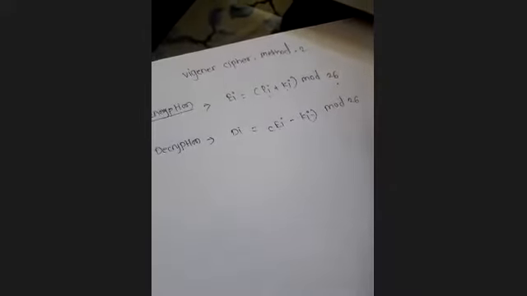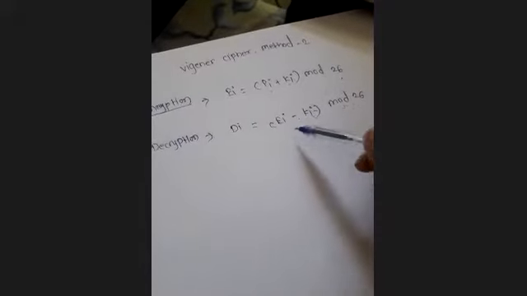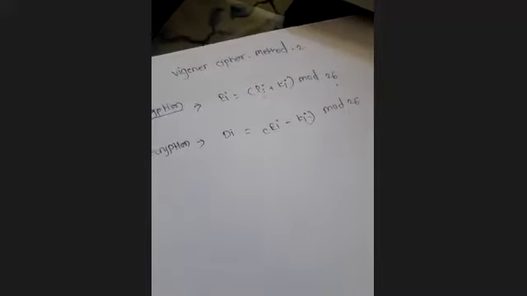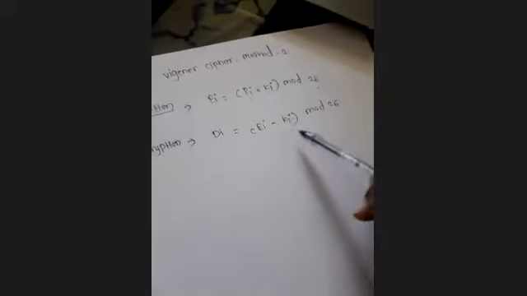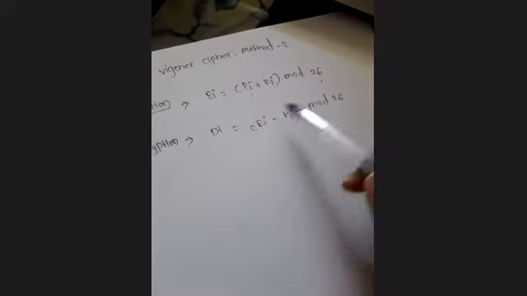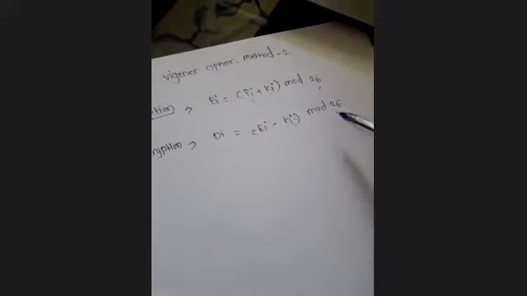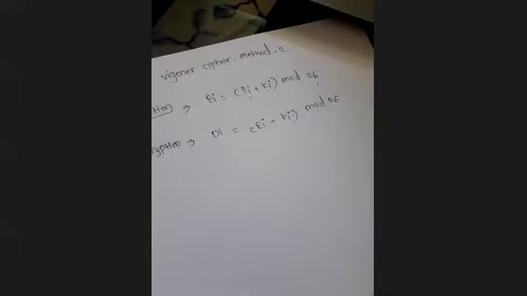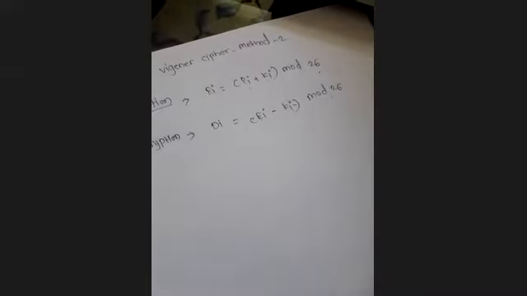In Caesar cipher also, for decryption, we had the formula E minus K mod 26, isn't it? And in some cases, again, we have to apply the same rule. If in the subtraction, or in any of these calculations, we find a value greater than 26, then in that case we have to subtract 26.